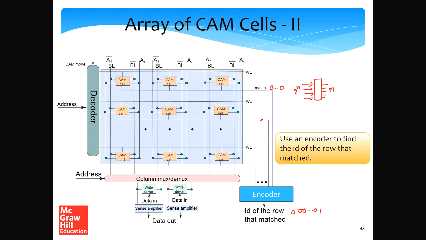Now assume that multiple rows match. We can always have some sort of priority scheme of choosing one row over the other and use a priority encoder. That is relatively straightforward, but if you want to do further reading, you can look up the term priority encoder on Google, and you will see a circuit showing how, if there are multiple match lines that are true, you choose one over the other. But in a simple case, if we assume that there is a single match, then the encoder will tell you the ID of the row that matched.